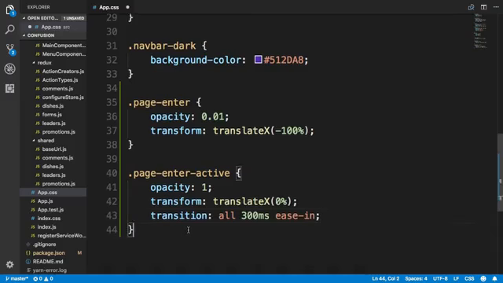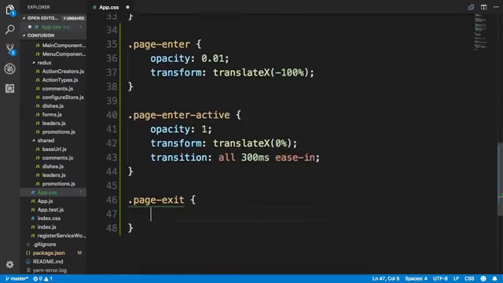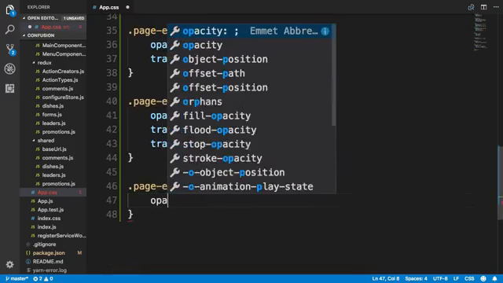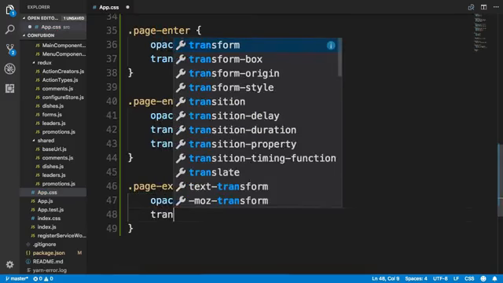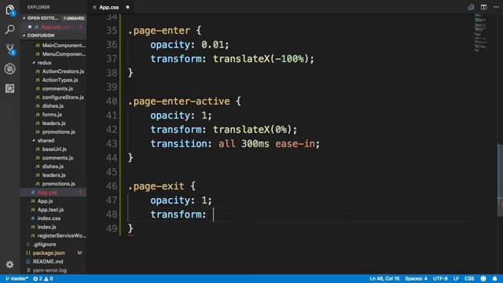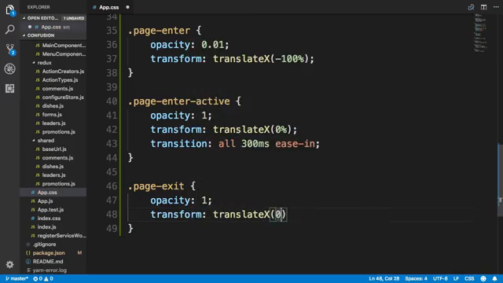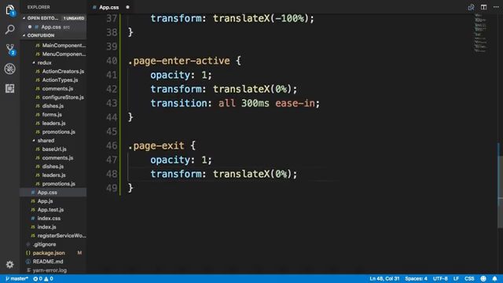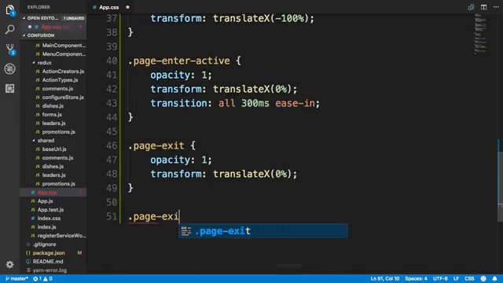Page-enter done. Now, similarly for page exit, so when the page exits from the view, we'll start with an initial opacity of 1 and then a transform of translateX(0%), so that'll be the starting point, and then .page-exit